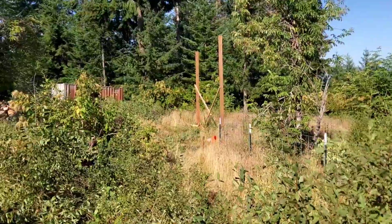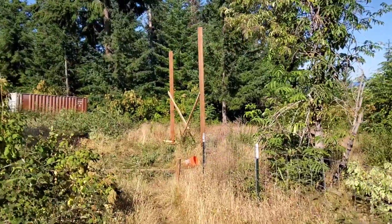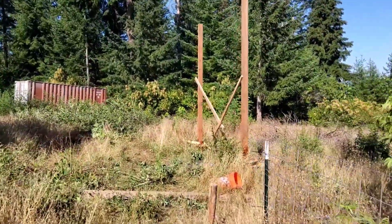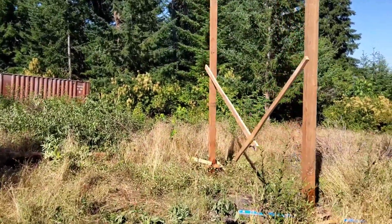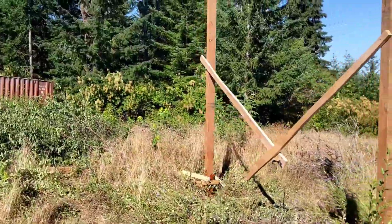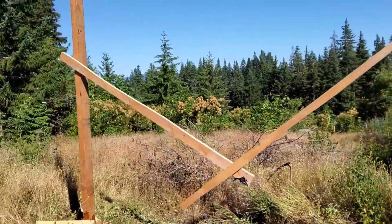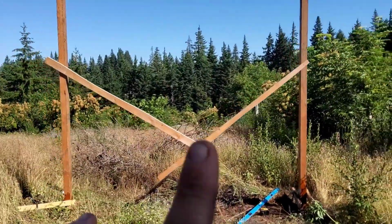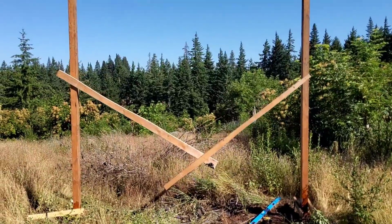Okay, what's up guys? So it's kind of where I'm at the moment. I know these are really tall. They're gonna get cut down because like I said, I didn't feel like leveling the ground. So I'm just putting these in place and then I'm gonna cut them in place. So this is kind of what I got going on right now. I didn't have any 12-foot 2x4s to make cross beams. So I just had to rip two boards in half with my skill saw and connect them, but they're up,